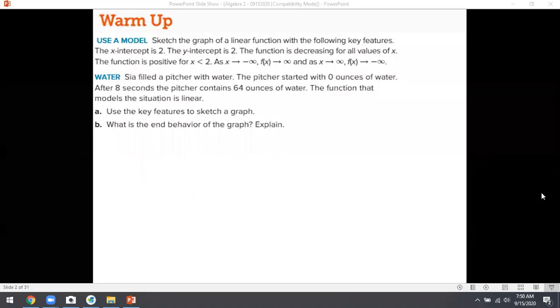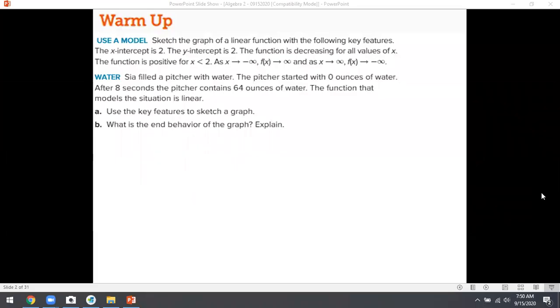All right, so let's begin today by warming up. And as usual, we got a couple of word problems up here. No big deal. They'll take just a couple minutes. First one, use a model, sketch the graph of a linear function, so you know it has to be a